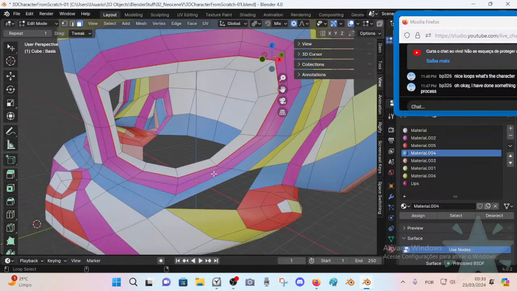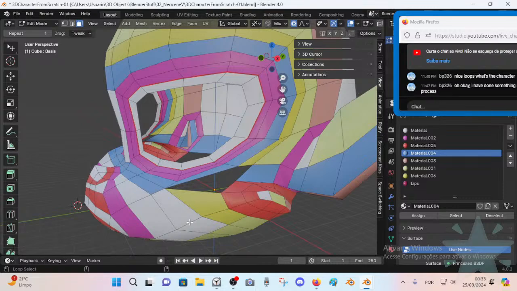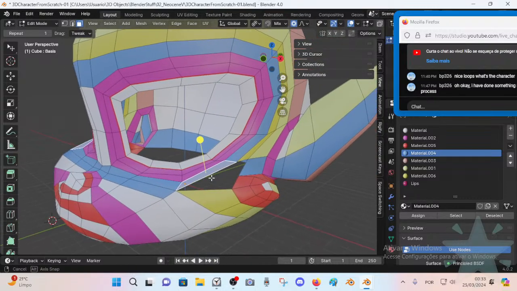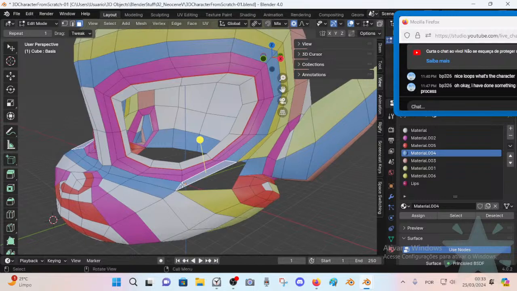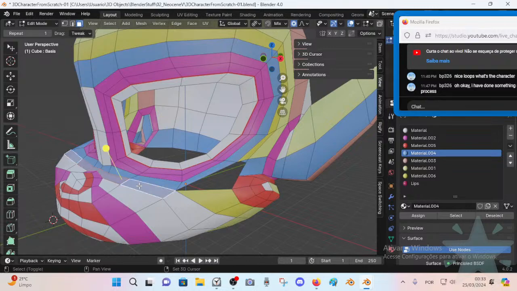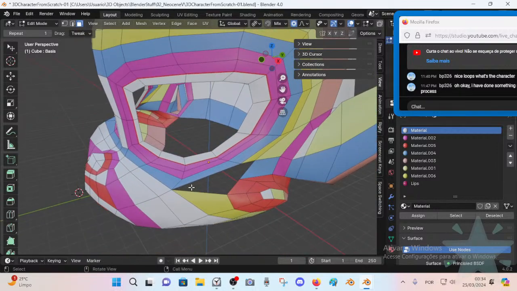So this is okay, and then this could go here, or yeah, the most logical thing would be, we cannot cut that, but let's select by material. No, I can't, it doesn't work. Alright, I cannot destroy this, so what I'm going to do is